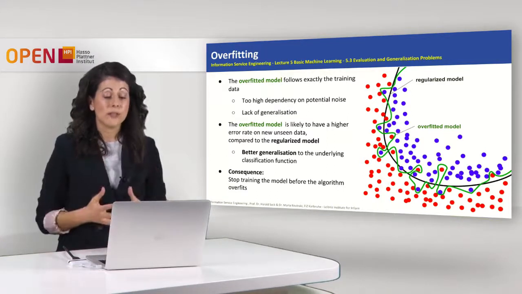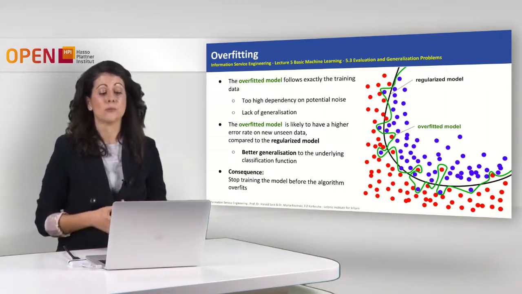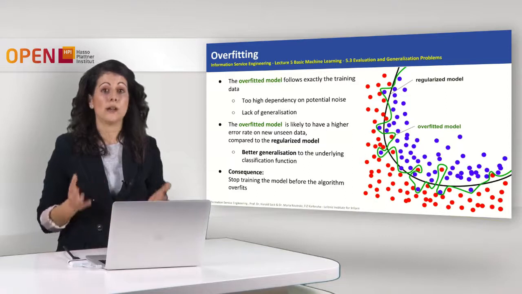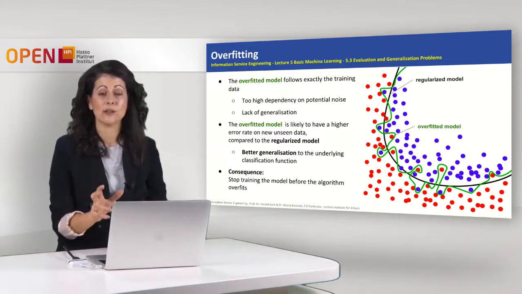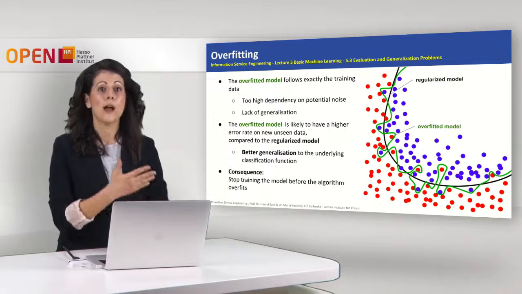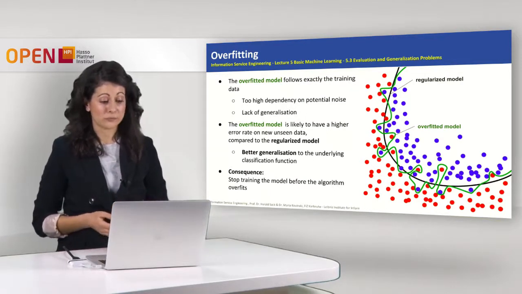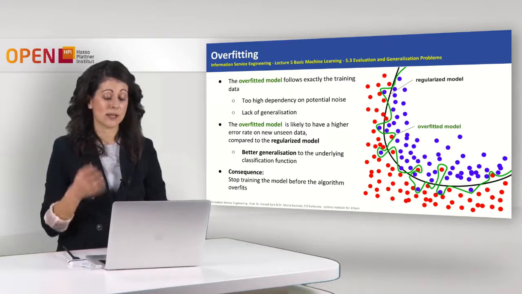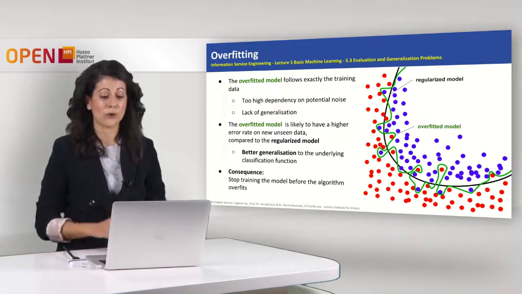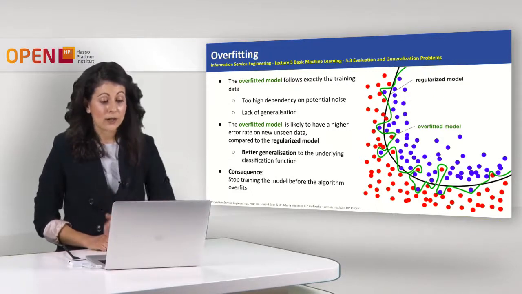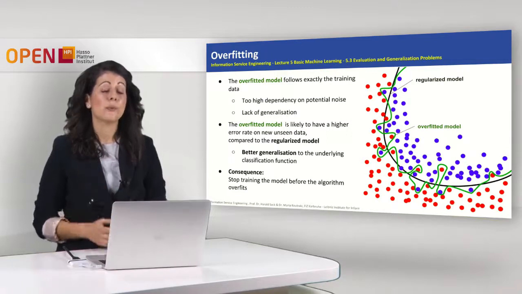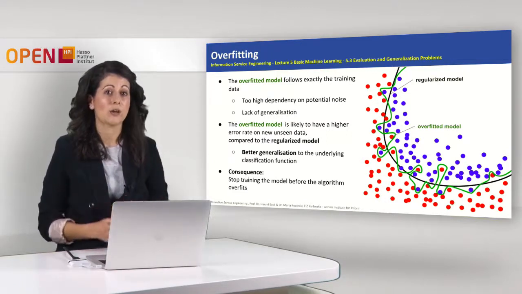And you see how it follows exactly the training data, how curvy it is. So the overfitted models are too highly dependent on potential noise, of course, and they lack generalization, because if you slightly change the data, then the model cannot generalize and won't perform as well as it used to before. So those models are likely to have a higher error rate in unseen data, of course, if you compare them to the regularized models. And the message here is that stopping the training of the model only after the algorithm overfits